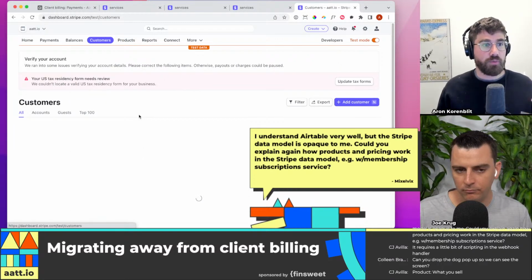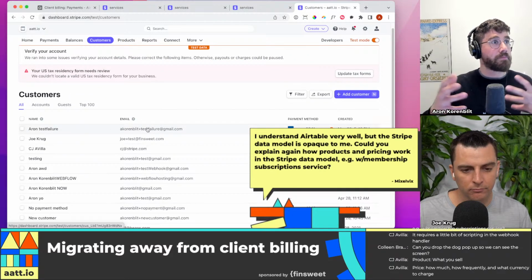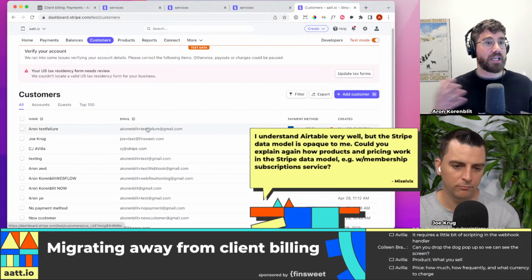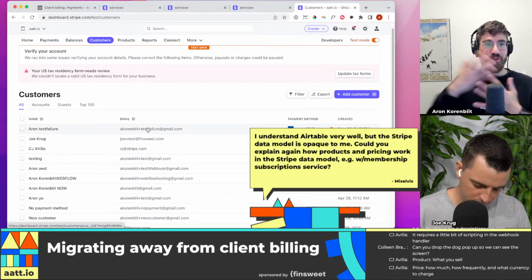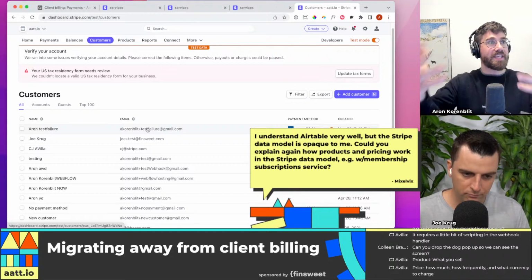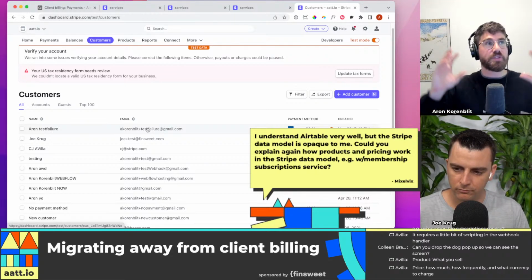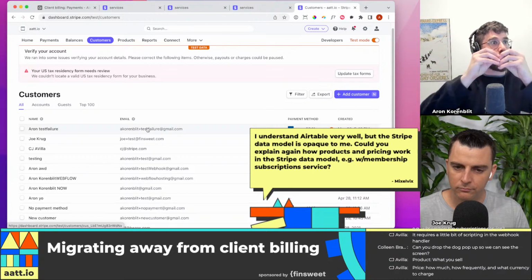Then you just have a customer model, right? Which is the people making the payments. And if you're creating an invoice, in invoices, you know who the customer is and you know what product they want. And you send the invoice with both of those ahead of time. You're saying, send this customer this product and they will pay.